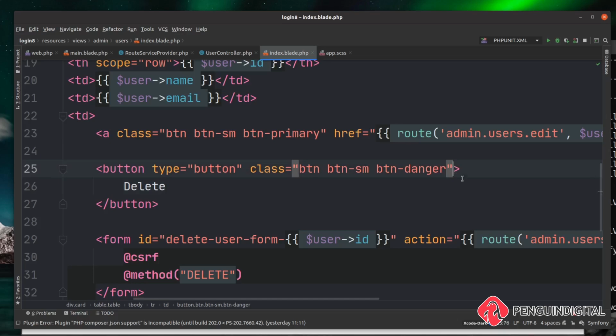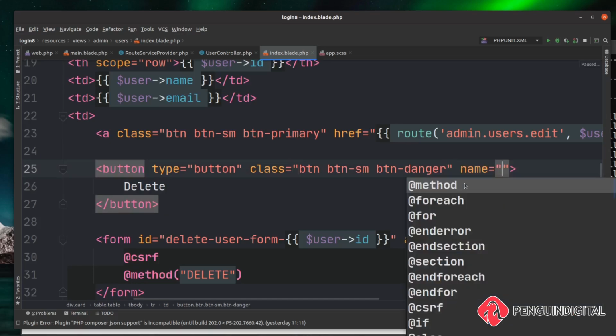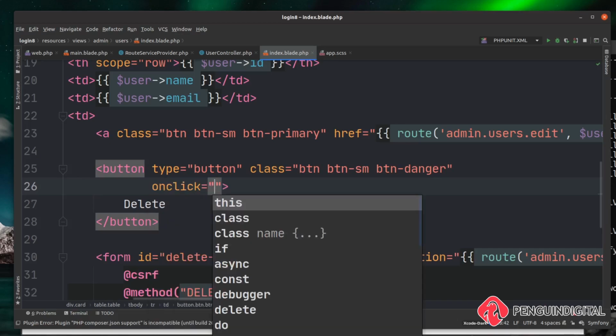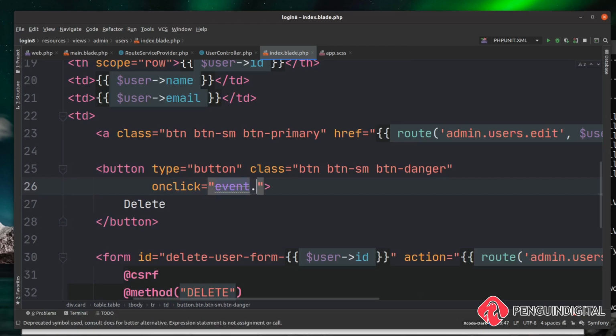So inside of this button here, let's add a new attribute. I'm going to break this down on another line so it's easier to read. And I'm just going to say onclick, and on click we want to grab the event, which is the click, and we want to say preventDefault. So that stops the button actually doing anything. And then once we've prevented the default, we'll do a semicolon here, we then want to submit the form